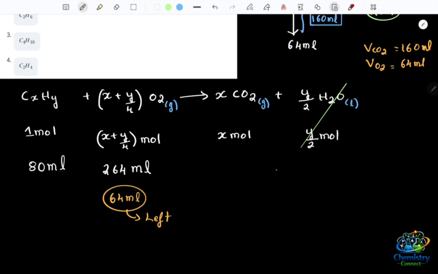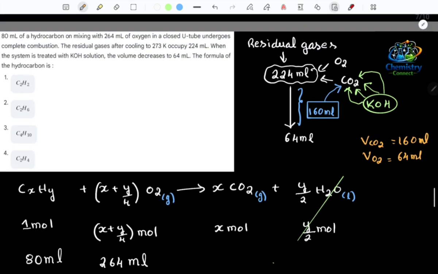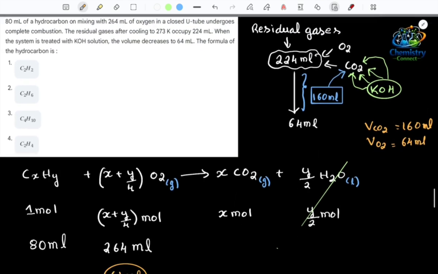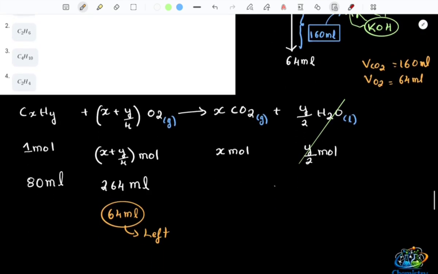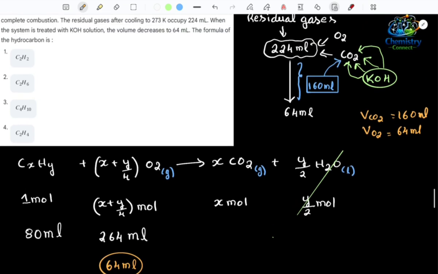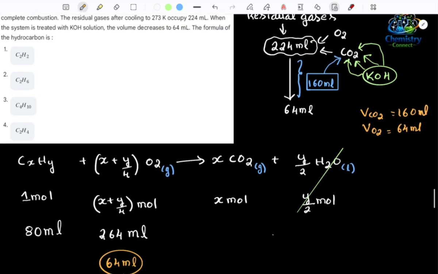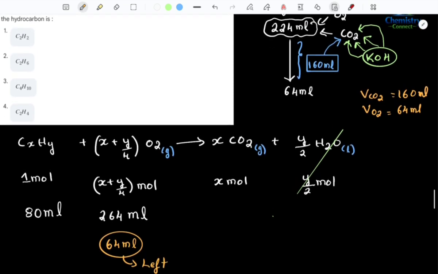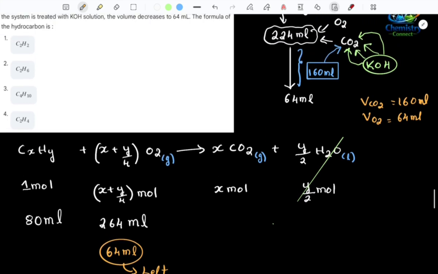Okay. Now we'll just check the formula of the hydrocarbon. From this data, we are going to solve it. So how to solve? Very simple. Now we got how much carbon dioxide has been produced. So how much carbon dioxide is produced here? 160